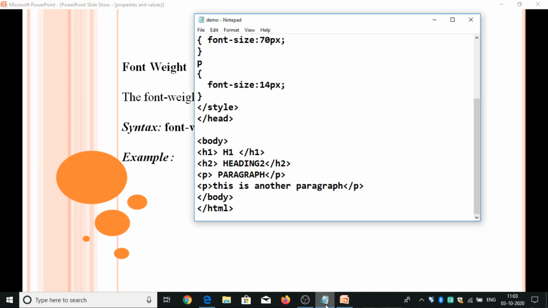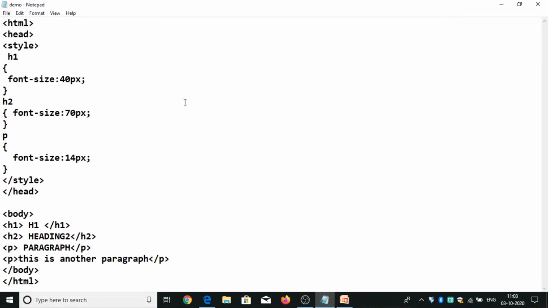Let's run this example. Normal, with the font weight as normal.